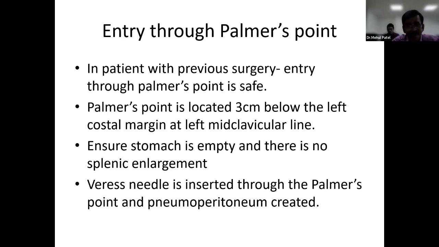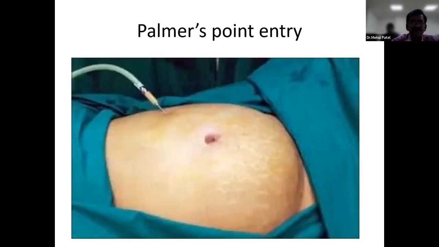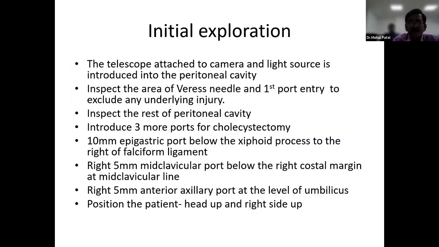is no splenomegaly, and always ask the anesthetist to pass a Ryle's tube to empty the stomach. So these are the 2 things you should keep in mind while going to the Palmer's point. So this is the Palmer's point where you can go with a safe Veress needle entry, and then you can create pneumoperitoneum, and then using a 5 millimeter telescope, and then you create the other ports. So the next step, once you have created the pneumoperitoneum,